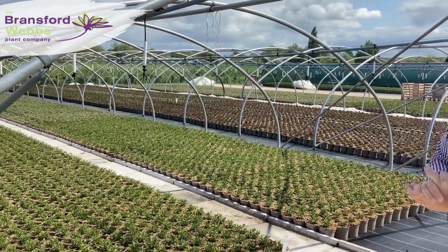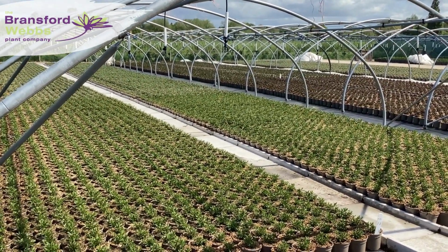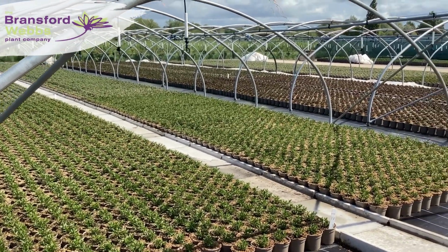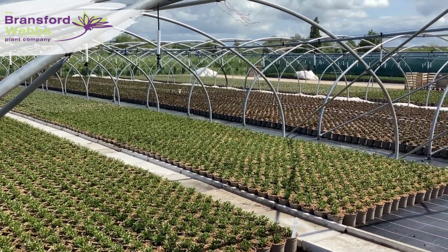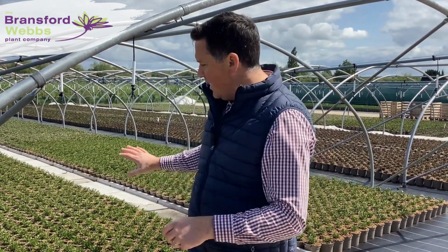So we're here on Lower California, one of our fields, and you can see behind me Promise of the Future. So this is our 2 litre Hebe Addenda crop. We grow a good range and good volume of all the Addenda varieties. We grow them here in the UK and we'll deliver those in bud and flower mid-August onwards. The 1 litres actually at the end of July, but the main range was mid-August onwards,